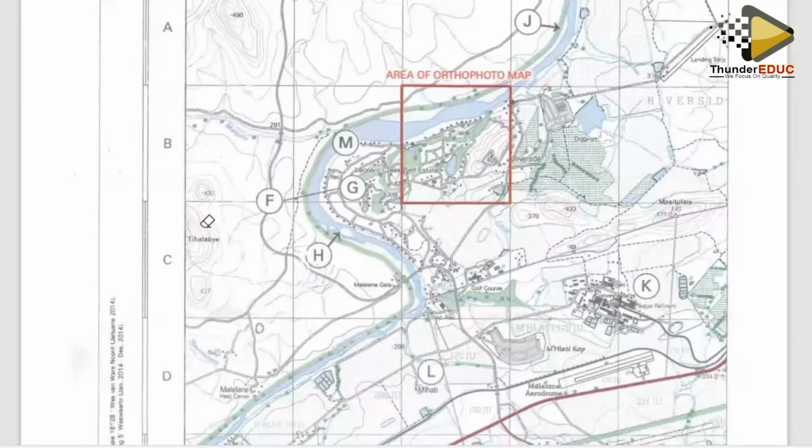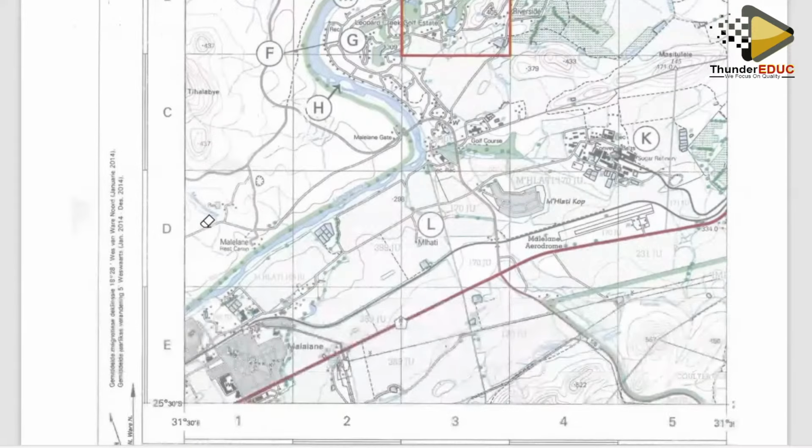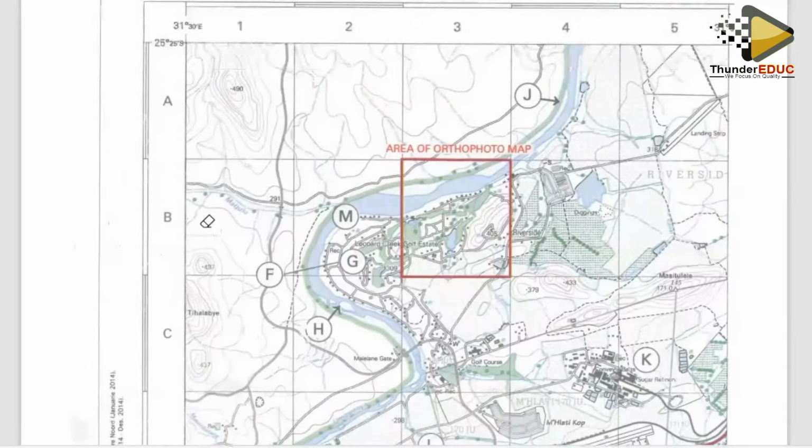And also check the tributaries, how they join the major river. And also check the fluvial features along the rivers. They will tell you that this river is going into the middle course, into the lower course. If you see the river meandering, it suggests that it's going to the middle course. If you see the river widening, having braids, it shows that the river is going into the lower course. Having more floodplains, it shows that it's going into the lower course. If the river is still too small and still very straight, it shows that the river is still in the